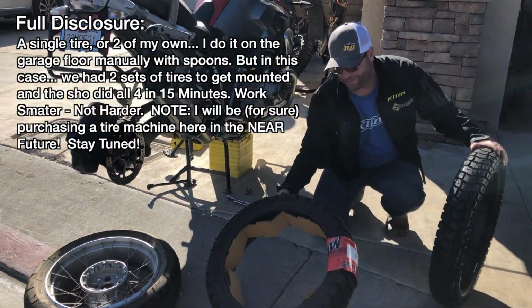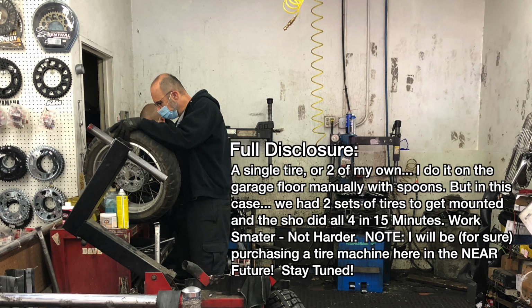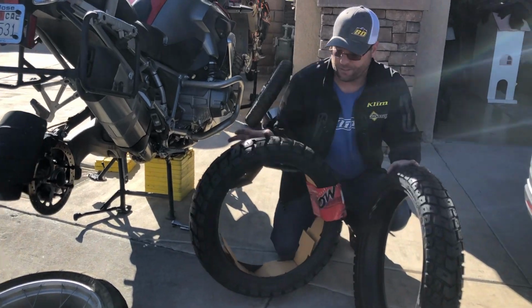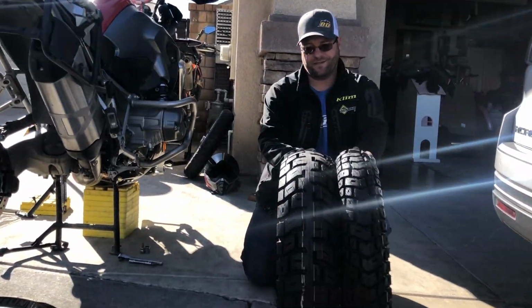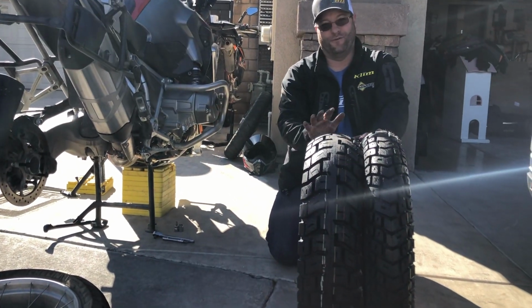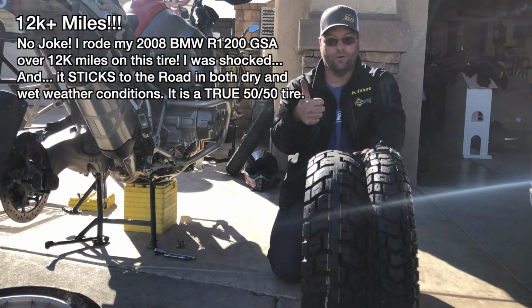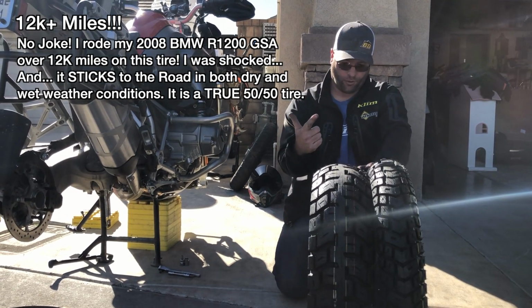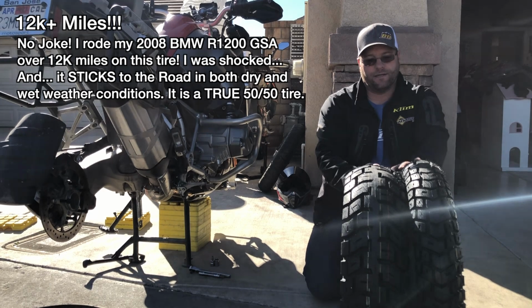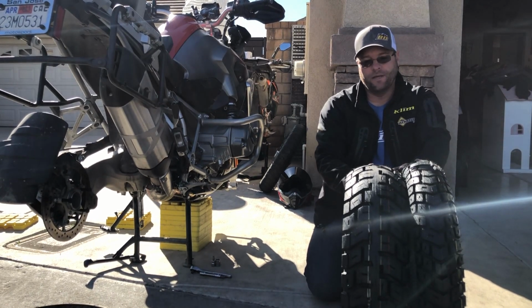It was bad. Now that we have the 2 wheels removed, we're gonna take these tires down to the shop and get them spooned on. What we're looking at here is the Motoz Tractionator GPS tire. Now this is my favorite or my go-to 50/50 tire if you're looking for the most longevity and the best performing. So this has longevity up there along the same lines as that Heidenau K60 Scout,